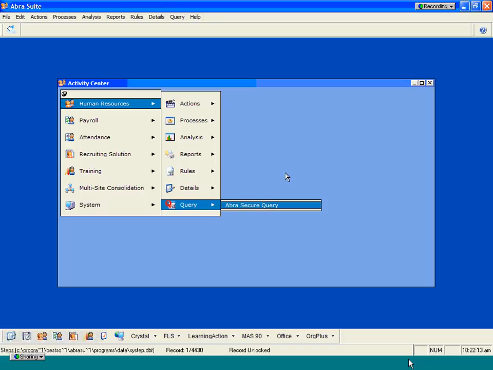That brings us back to the Activity Center. That pretty much covers everything as far as the Abra Suite Human Resource System. Again, just a reminder, this particular application will integrate directly with other Abra modules, whether it's payroll, attendance, recruiting solution, and train. The Abra HR system will also integrate directly with your payroll service or in-house payroll system provider through our AbraLink system. That concludes our product